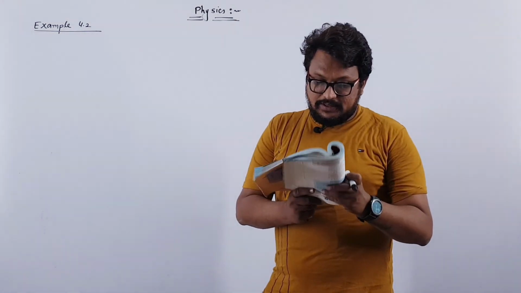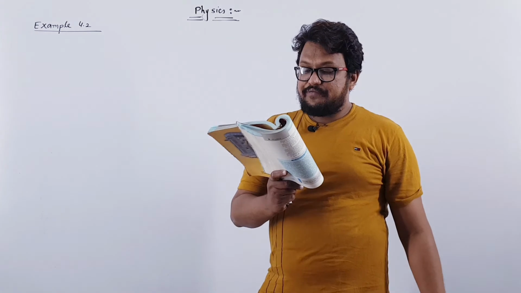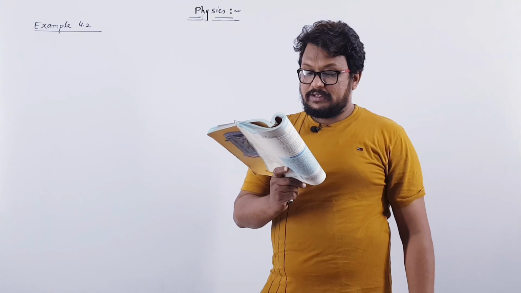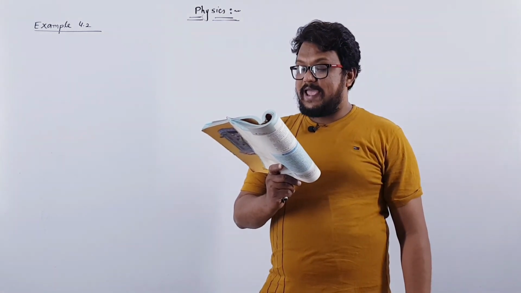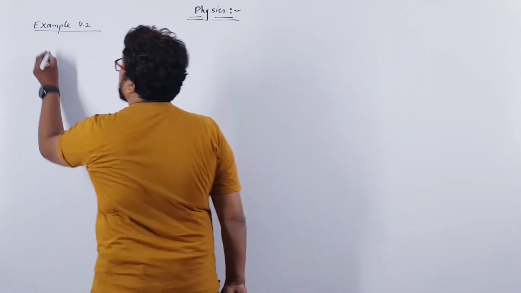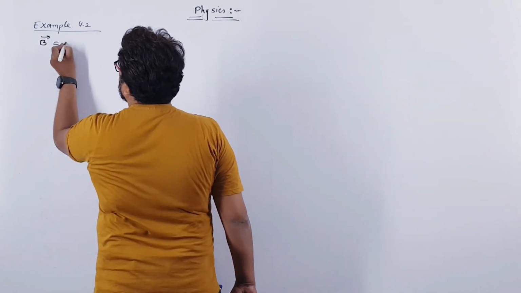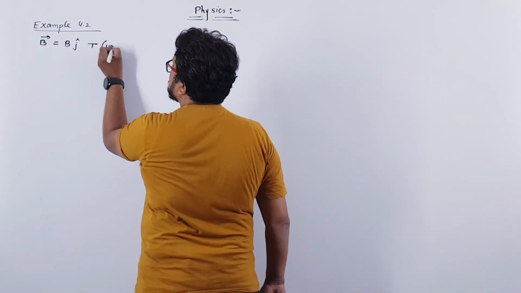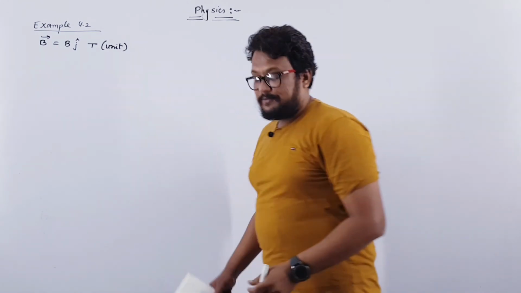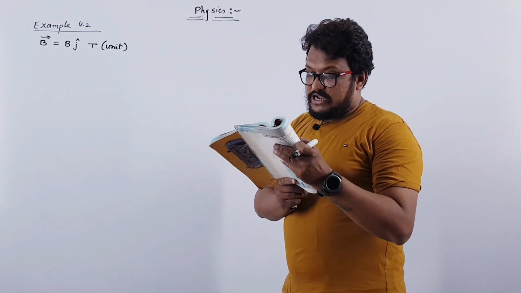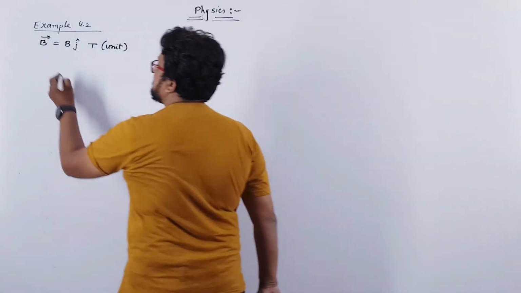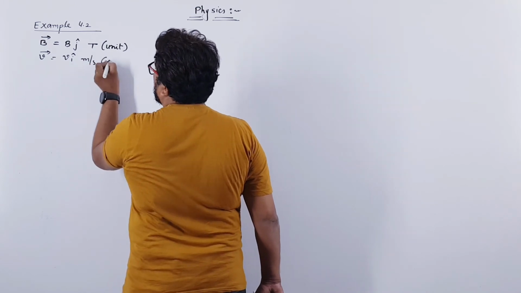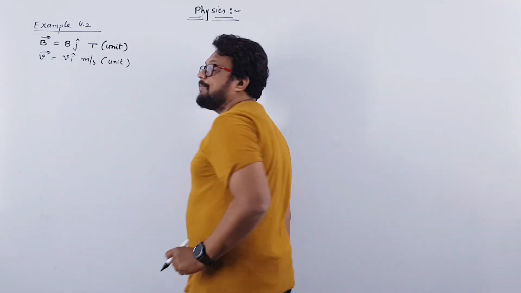Now in this example, it is given that the magnetic field is parallel to the positive y-axis, and the charged particle is moving along the x-axis. So you can write B vector is B j cap, with unit Tesla, though the unit is not given. And the charged particle is moving along the positive x-axis, so velocity v is v i cap, meter per second, or you can write unit because unit is not given.